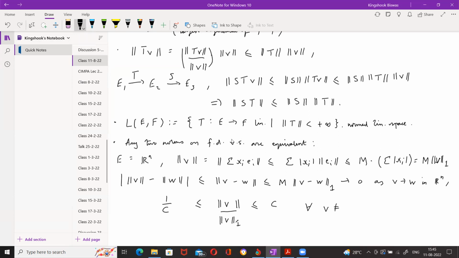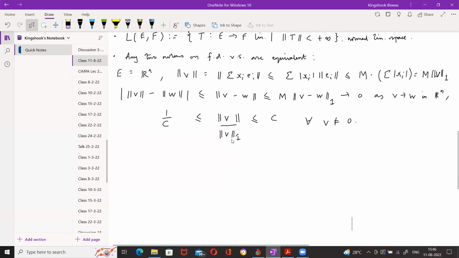So is this okay? Yes. All right. So any two norms on a finite dimensional space are equivalent. And from that, you get that if E is finite dimensional, then any linear map to any normed linear space F is bounded, because